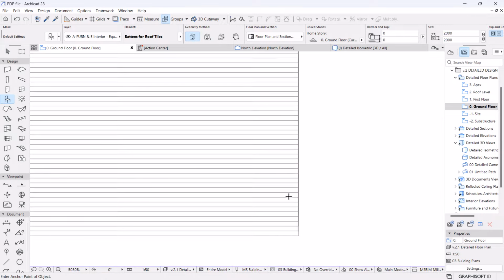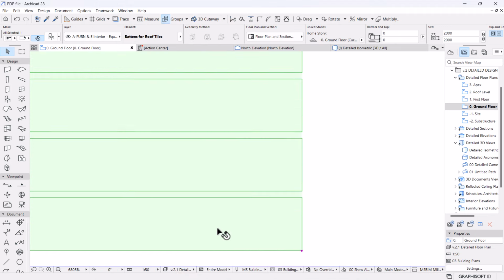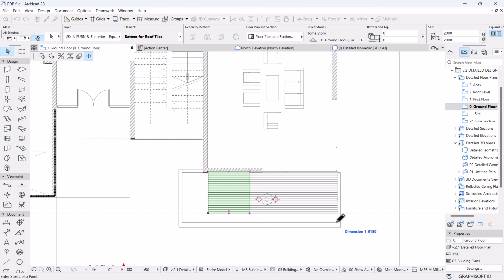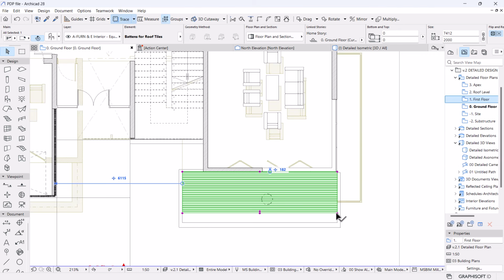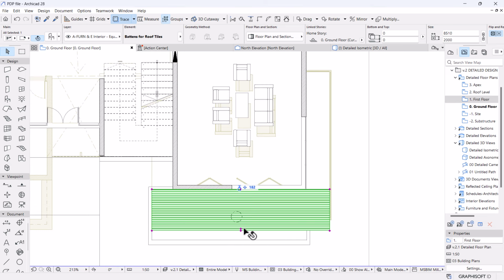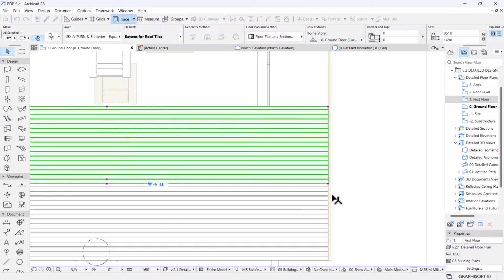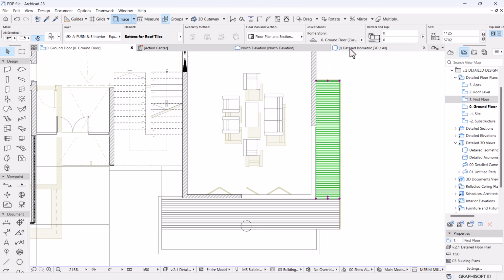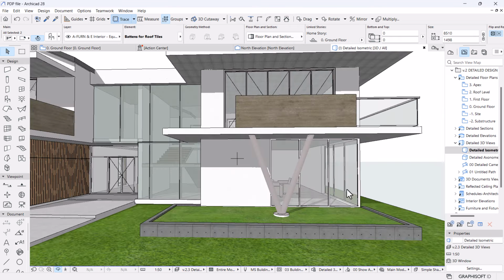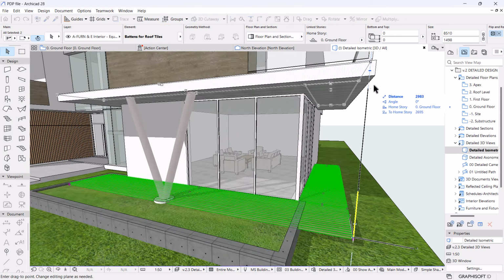So I need to set up the gaps. If this is 80, this is 10, so it should be 80 plus 10, so this will be 90. Yes, that's what I wanted. And then I can stretch this all the way to there, do the same to that. But if you trace over, you see your balcony goes all the way to there, and sits underneath there. Then I can Control Shift D to carry a copy of this to place it there, then adjust it from there to there again, stretch it all the way to there. You can put them on 3D, so the height will be adjusted to the underside of